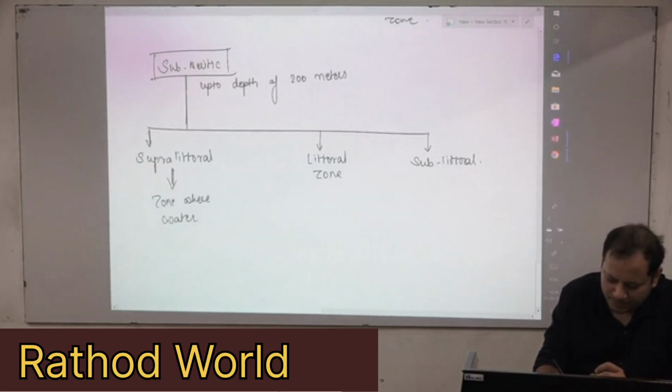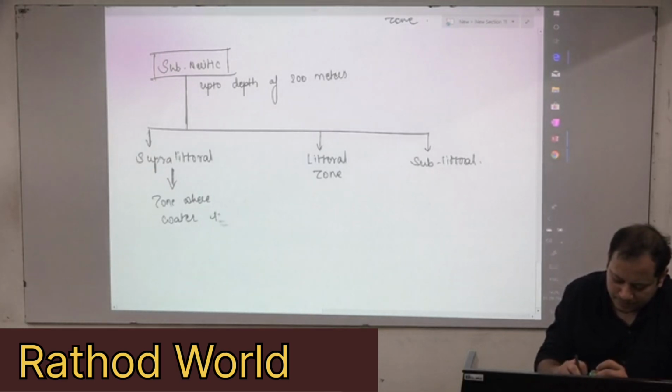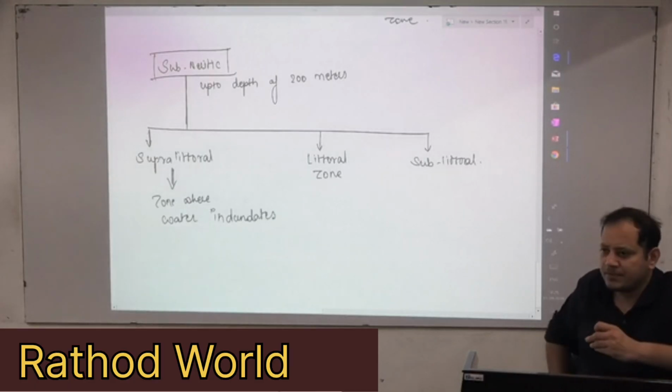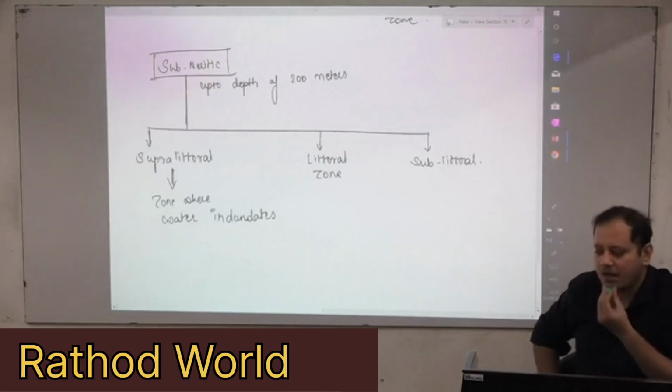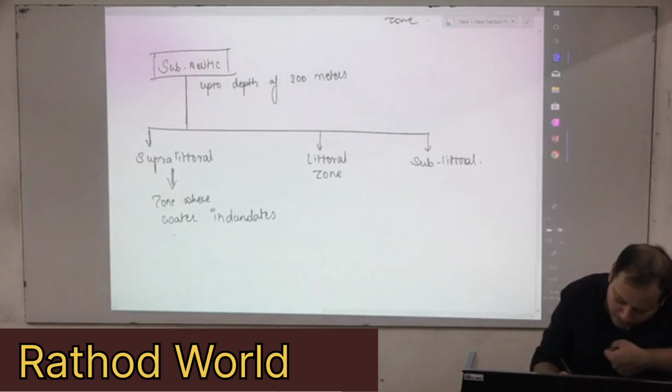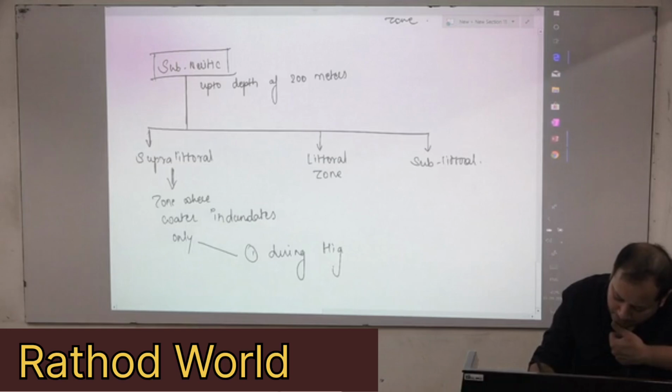Water reaches... inundates means below, it is below the water only, during high tide. Second,